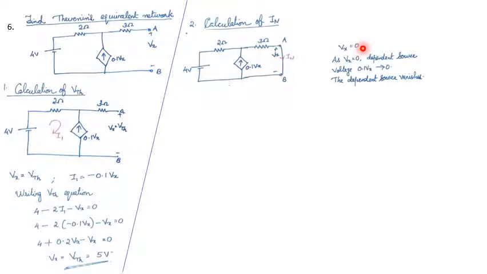So we can write Vx is equal to 0. As Vx is equal to 0, 0.1 into Vx is also 0. So we can omit this dependent source. Once again, Vx is equal to 0 because here we are having a short circuit. As Vx is equal to 0, 0.1 into Vx is also 0. So we can omit this dependent source and redraw the